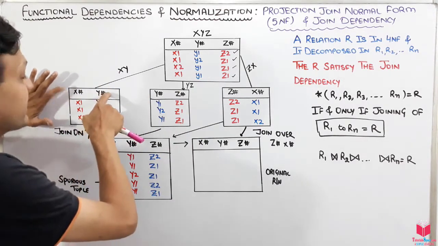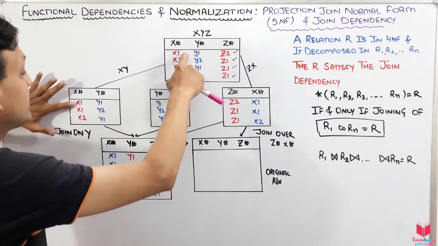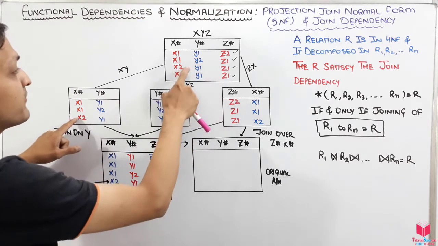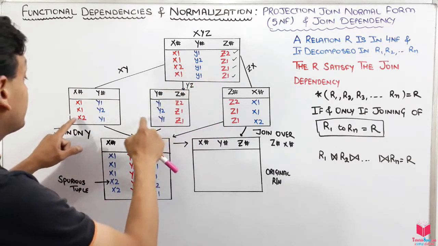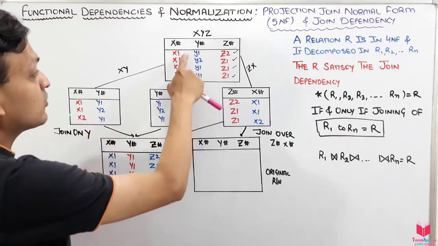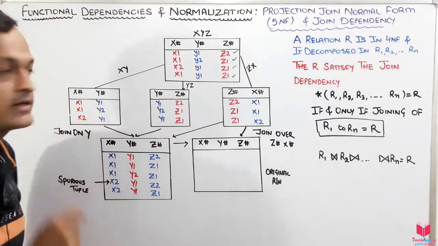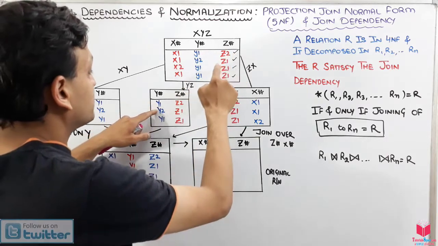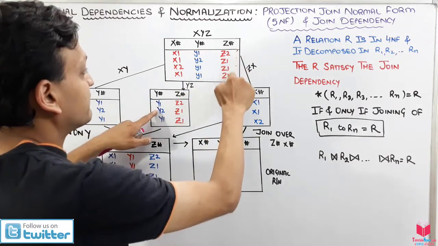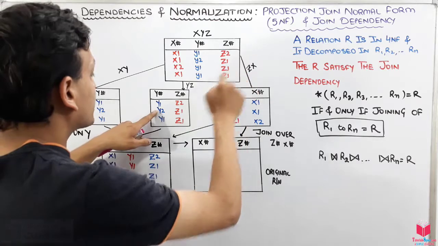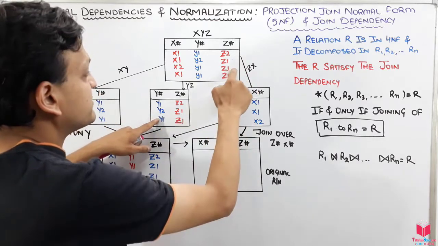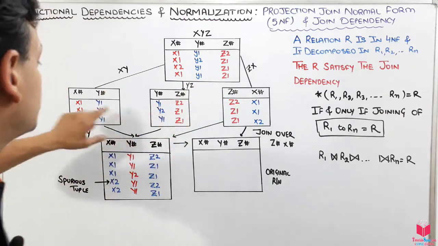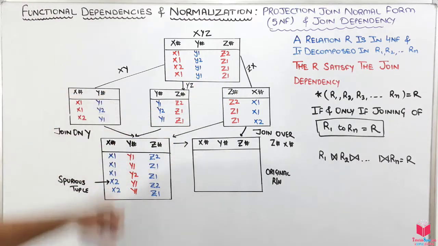First of all, we have to take XY. So here is x1, then y1. Then we have x1, there is y2. Then x2, we have y1. Then we have x1, y1 again, it has already come there, so we will not consider it here. Then for the values of YZ, we have y1, then z2. Then y2, we have z1. Okay guys, now after that, y1, we have z1, then y1, z1 is also there, so we will not consider the fourth row. Okay, so these are the two tables having their corresponding values.